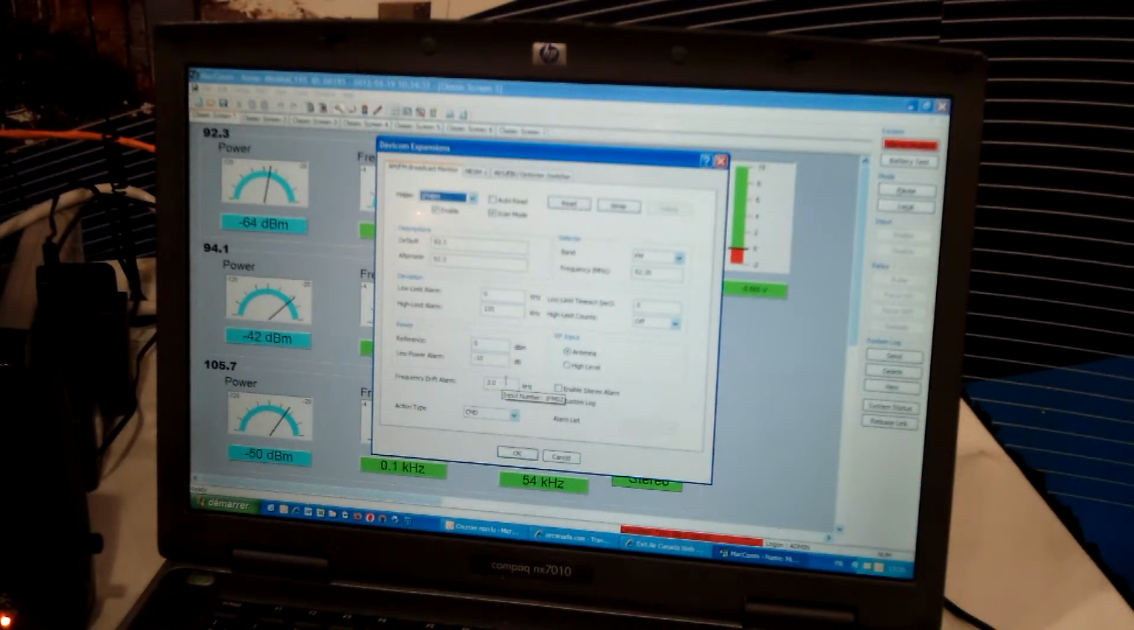The resolution is 100 Hertz, so we've set it here to set an alarm in the Mac when the frequency has drifted by, it's 3 kilohertz in this case, but you can set it up for 0.5 kilohertz or 0.1, which would be 100 Hertz. And we've set it up to log also in the Mac's custom log. So if something goes out of range here, it'll be logged in the Mac's custom log, and alarms can be